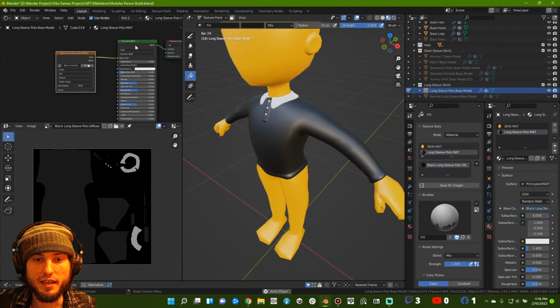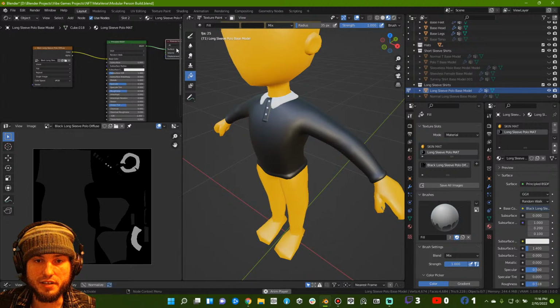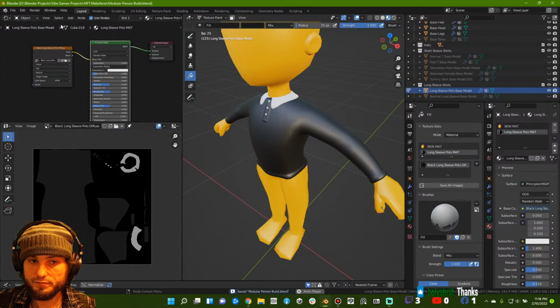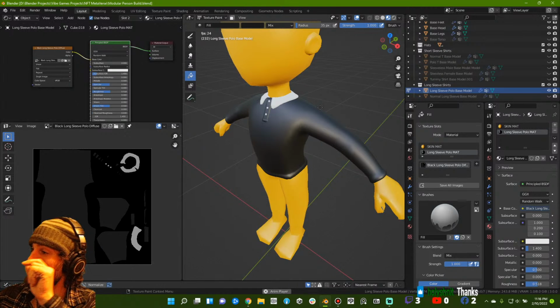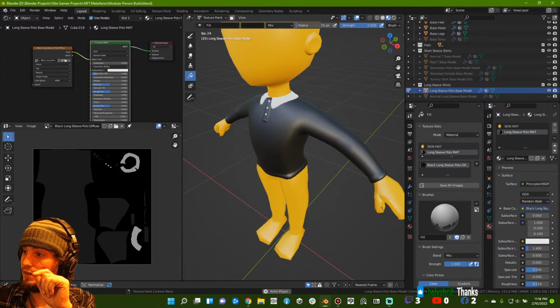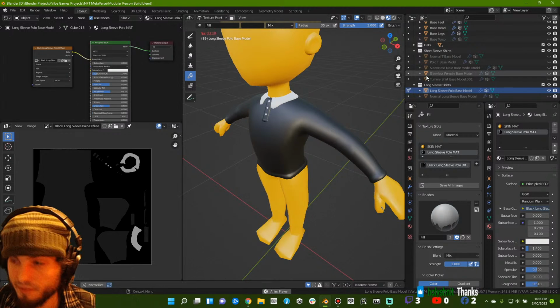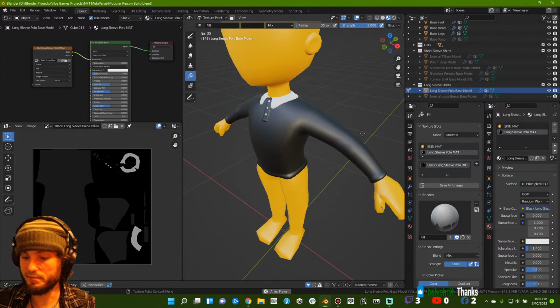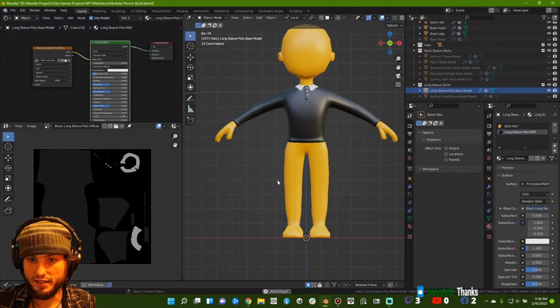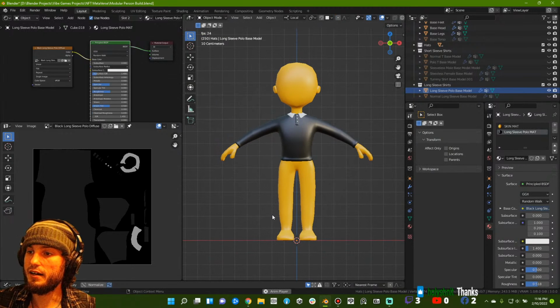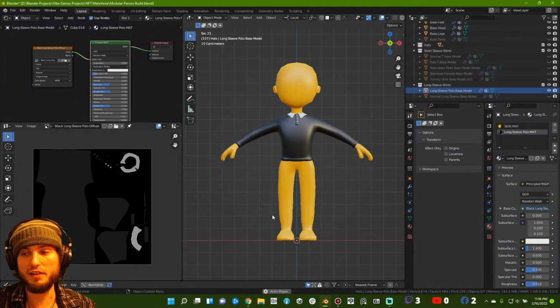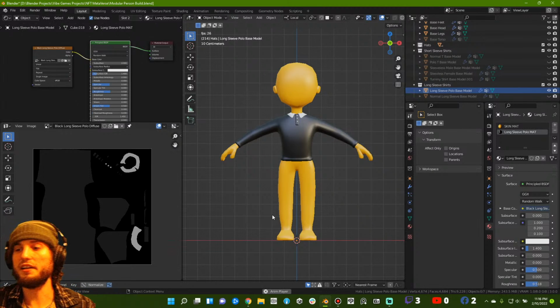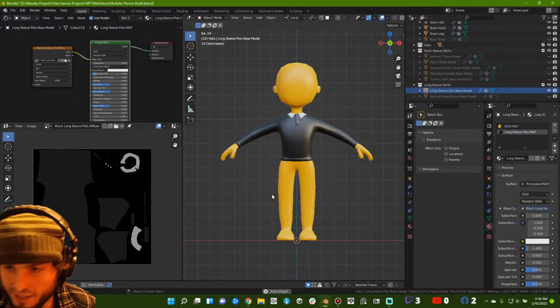That's pretty much it. And when you would send this out to your game team, basically, you would just export as an FBX. Oh! I'm glad I said that, because I just forgot about one thing to make sure of. Now, I already know it works because I've gone through this process 100 times already. But basically, you just have to make sure that your shirt is weight painted to the rig. And I'm not going to go into rigging right now, but I'll just show you what it looks like to